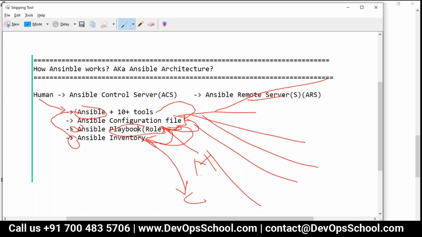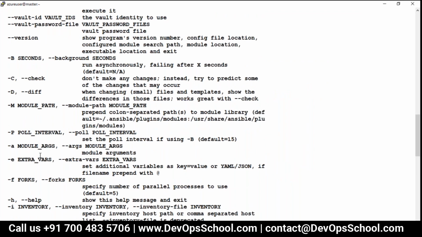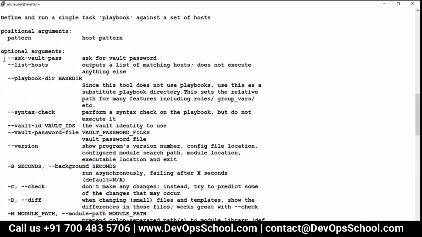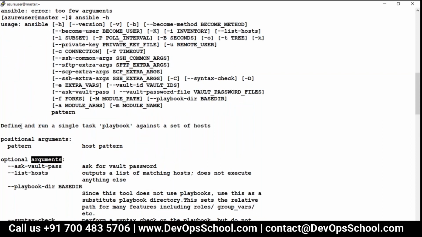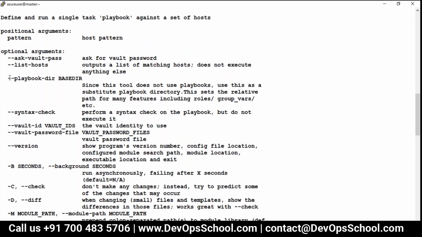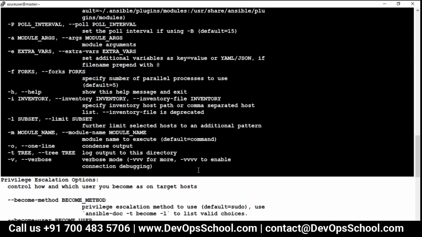Correct? Localhost. So tell me, which option is there using which you can specify the module? Any options which you see here? These are all command line options, by the way. See optional arguments for Ansible here. Which command line option will help me specify the module's name? All of you, tell me.